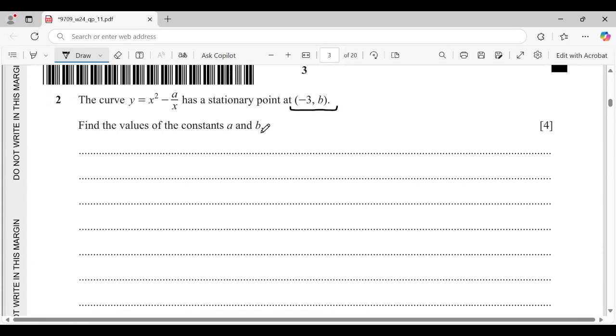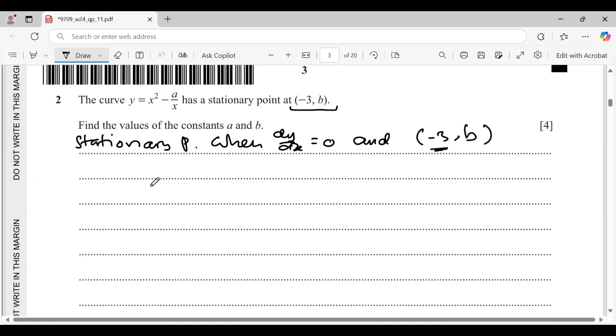So the stationary point occurs when dy/dx equals 0, and the coordinate point is (-3, b). So x is minus 3. Right, now we're going to find the derivative of this function y equals x squared minus a over x. So dy/dx equals